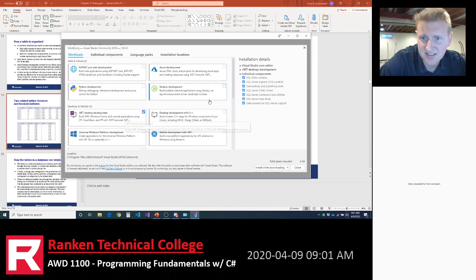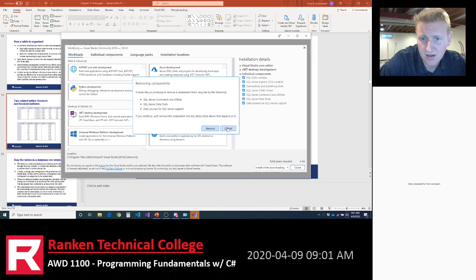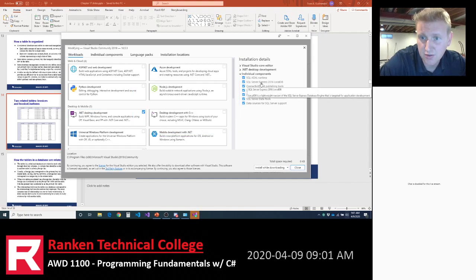But see here, it does say SQL Server 2016. That's exactly what I need. Express is the free LocalDB. So it does look like LocalDB is installed. And so I was assuming that I needed to install something else.